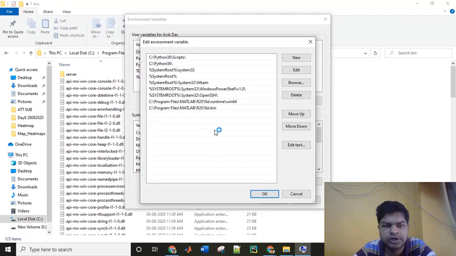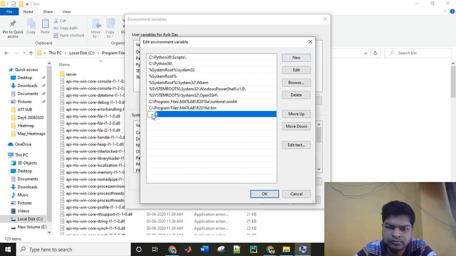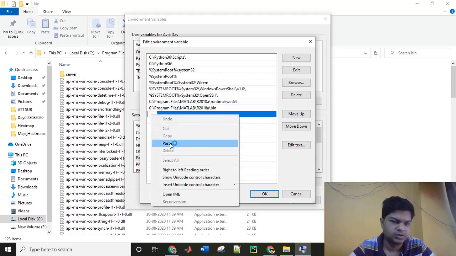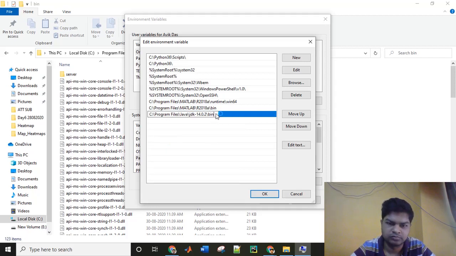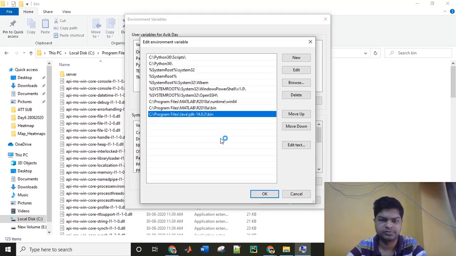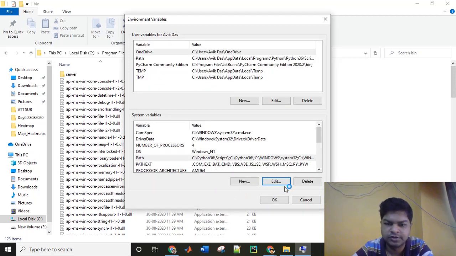Here you click on new, because we are creating a new path. Paste your copied address of the bin folder of your Java installation folder, and then press enter, then click on OK. Again you can click on OK.